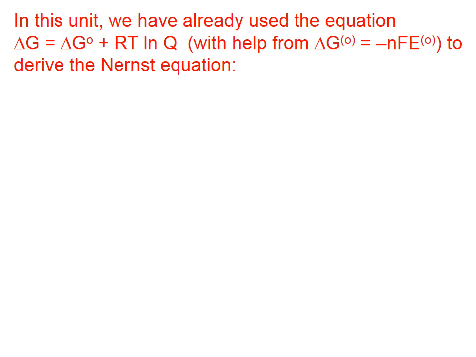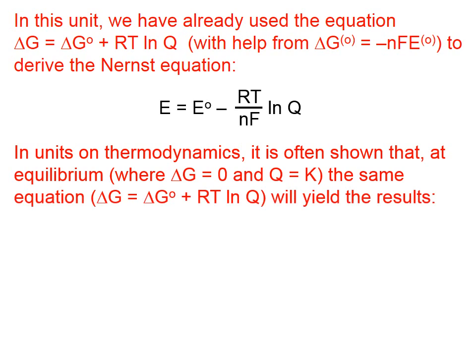In this unit, we have already used the equation delta G equals delta G naught plus RT log Q, with help from delta G equals negative NFE, to derive the Nernst equation. And there it is. In units on thermodynamics, it is often shown that at equilibrium, where delta G equals 0